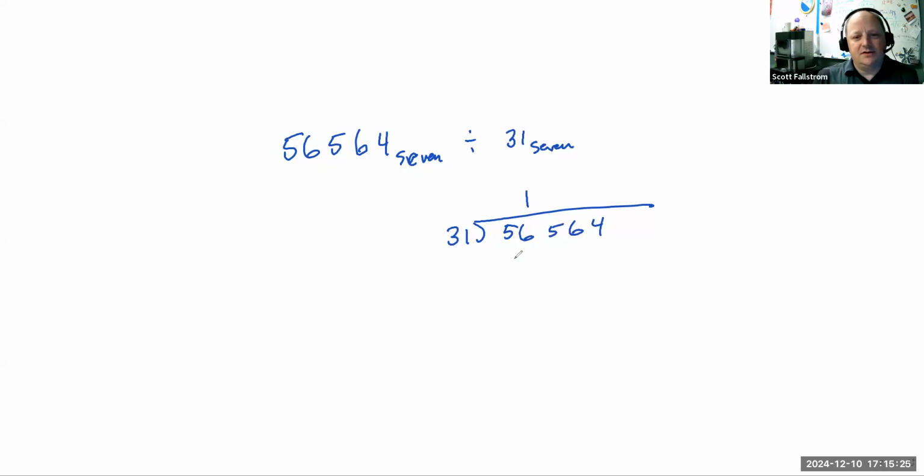So 3, 1 goes in here. I can see it goes in once. So I might as well do that one. And this gives me 2, 5. Now I bring the 5 down, and I need how many 3, 1s are in 2, 5, 5? Again, this is base 7, so in my mind I'm struggling. I'm not as familiar with that. So jump on over to the scratch,